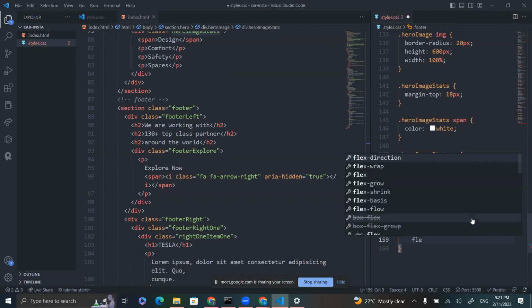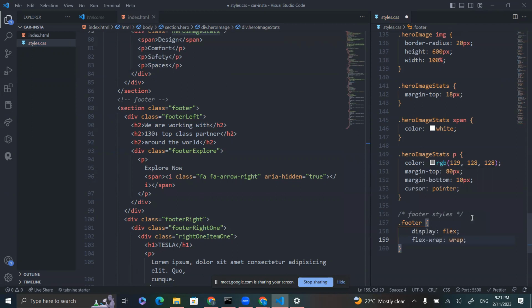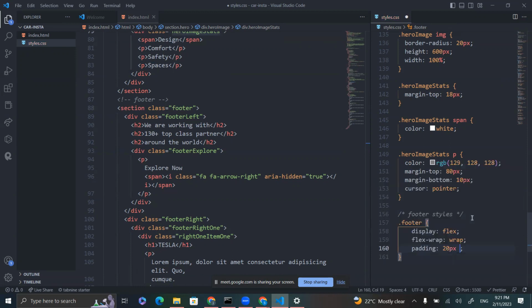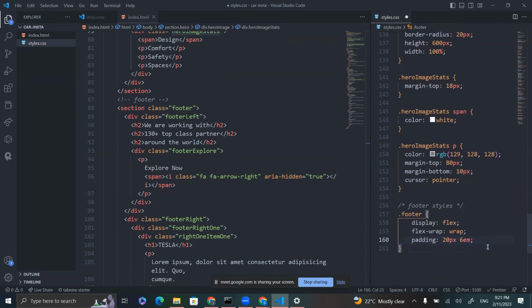Say flex wrap. If they can't fit on the same line, just push to the next line, okay? So padding, same padding as all the other elements so that they start at the same place. 20 pixels by 6 em, okay? And then the background color,